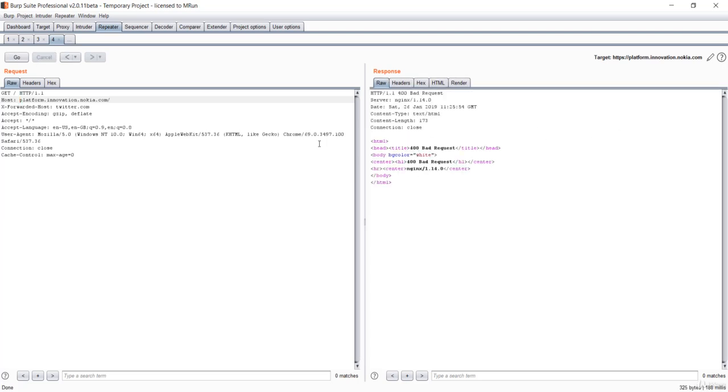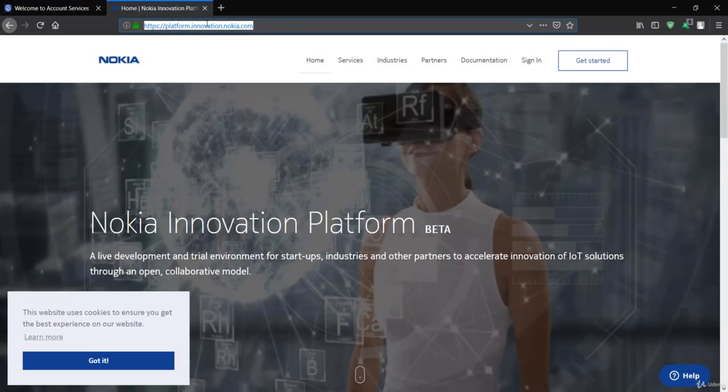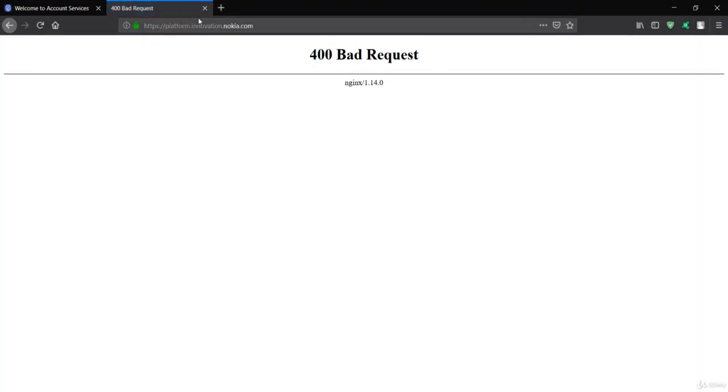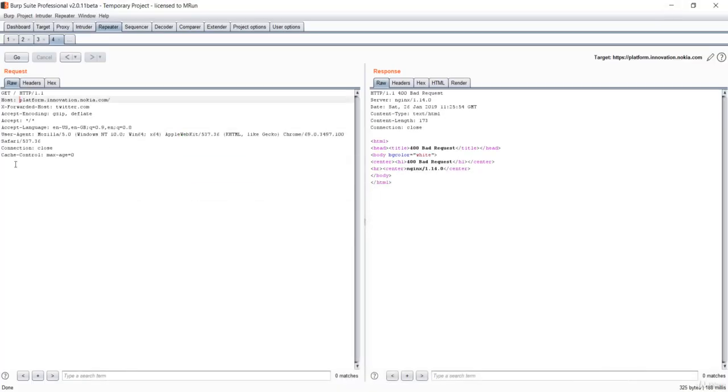It should show the same message, that is a bad request. So it is not working. You can see the response in the browser, and it is showing 400 bad request. That is, this does not have the host header injection. That means it is not allowed over here. So you can toggle this value. Instead of this here, you can pass the original website. Let me copy this, and instead of twitter.com, you can pass here the original website.